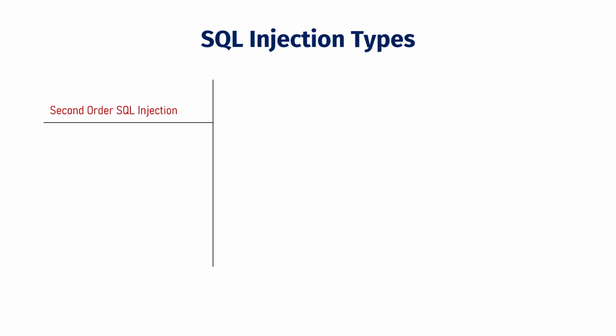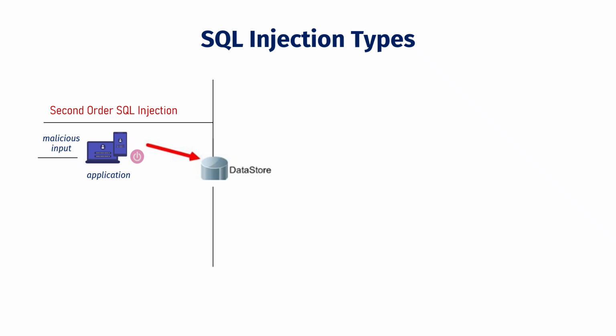So second order SQL injection vulnerabilities occur when malicious input supplied by the attacker is stored in the database table and is used as an input in a different SQL query in a different place. For example, the inputs username and password supplied in the user registration page are usually stored into the database table,